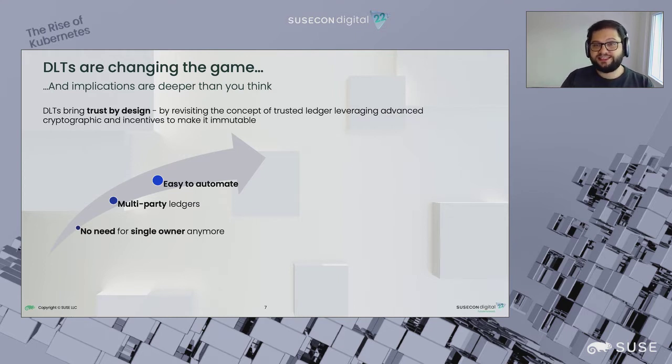What it involves is that it's easy to automate. Because the full story is in the same place now, we can implement automation. And what it means is you can have some kind of contracts that you are making with the blockchain. And the blockchain is somehow committing on the fact that what you have requested will be executed whenever the conditions you have decided are met. So you basically say, when those conditions are met, I want this piece of code to be executed on the blockchain. And you know by design that is going to happen. No one can prevent it from happening.